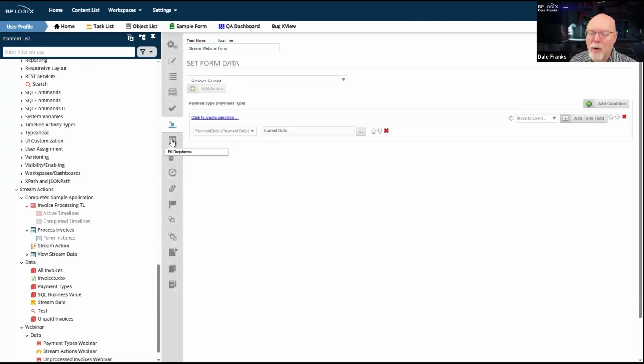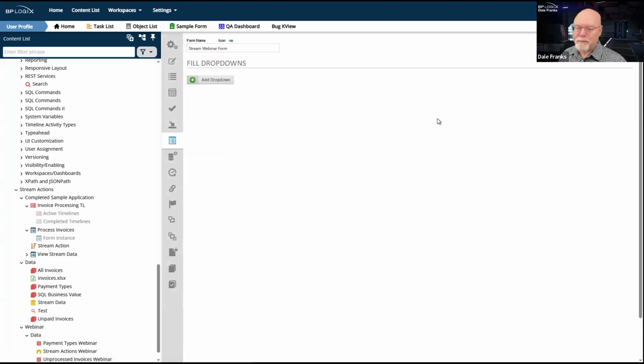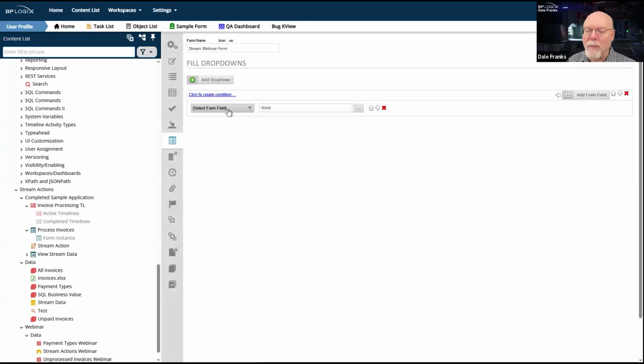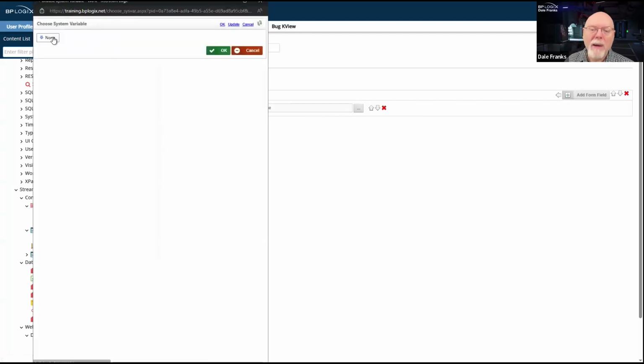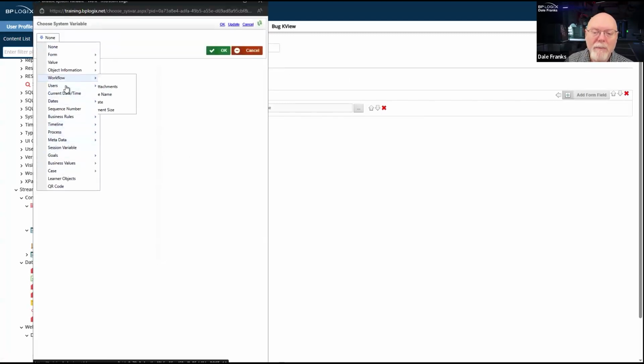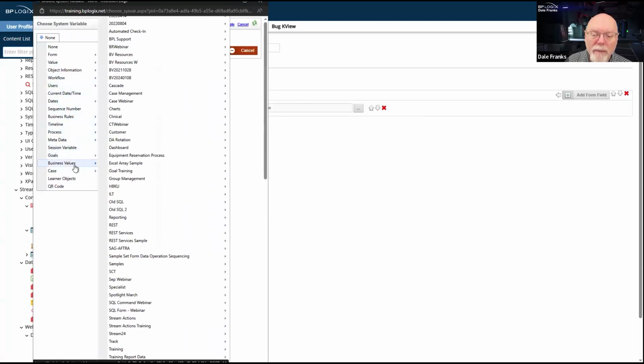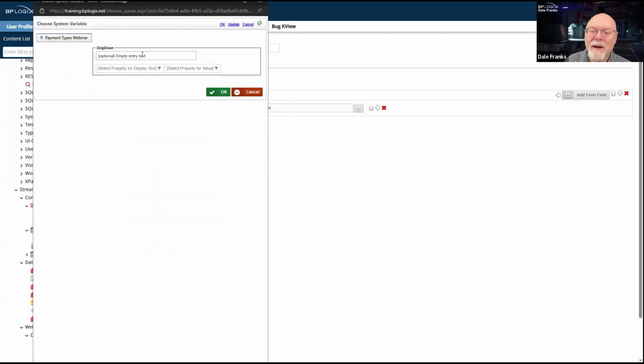Then we're going to go to our fill dropdowns tab. And we're going to add our dropdown. We only have one, which is our payment type. And our payment type is going to come from that business value that we created. So business values, and I called this stream 24. There we go. And payment types.